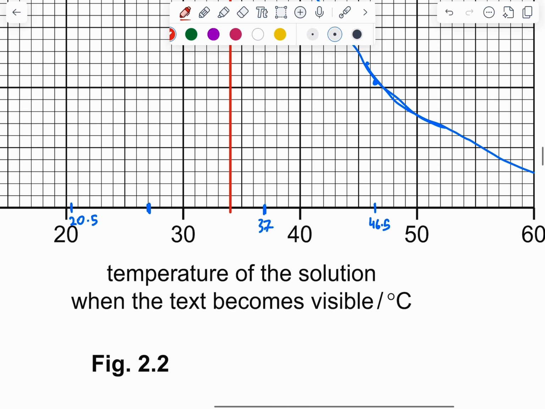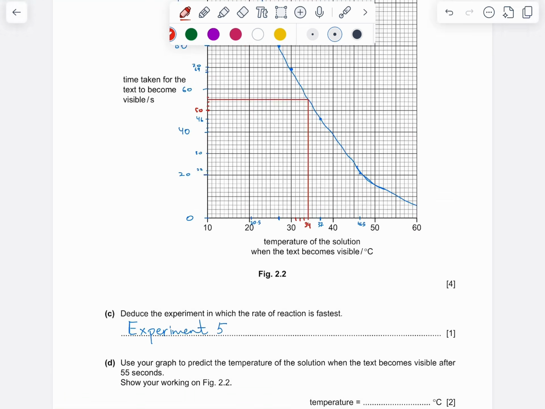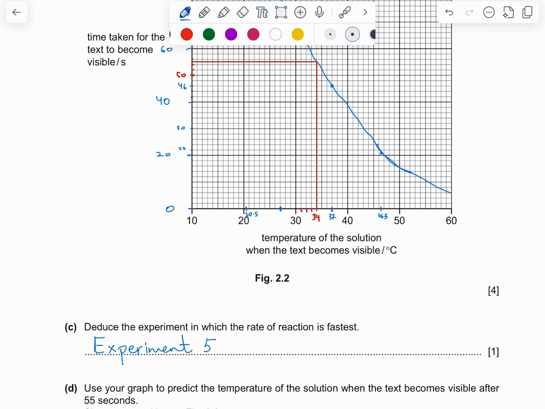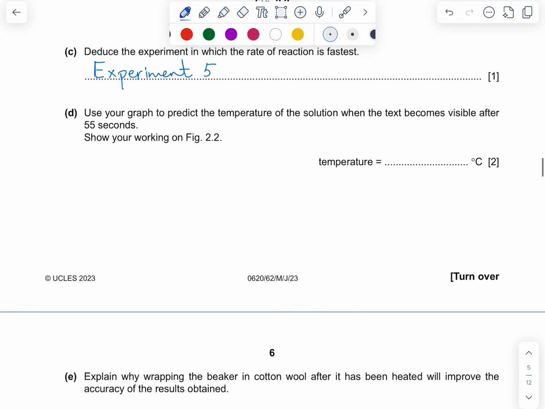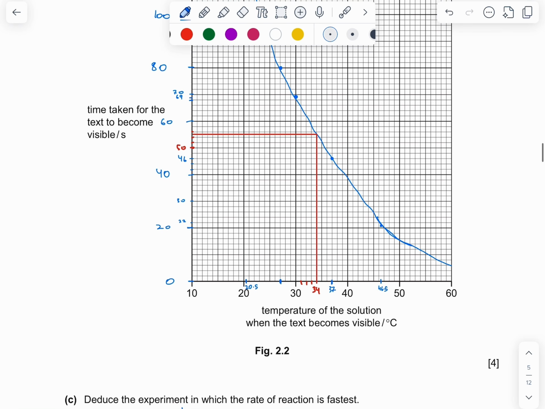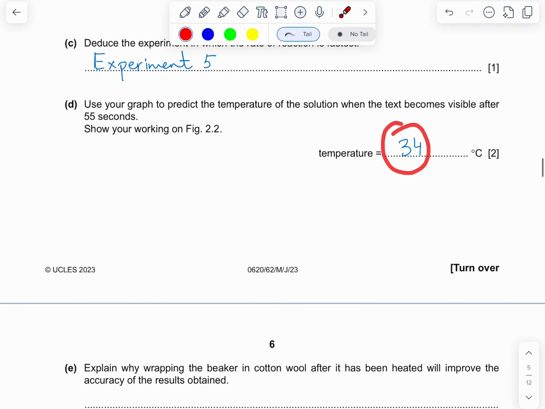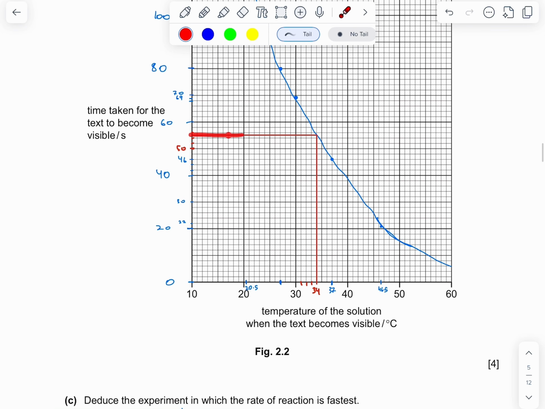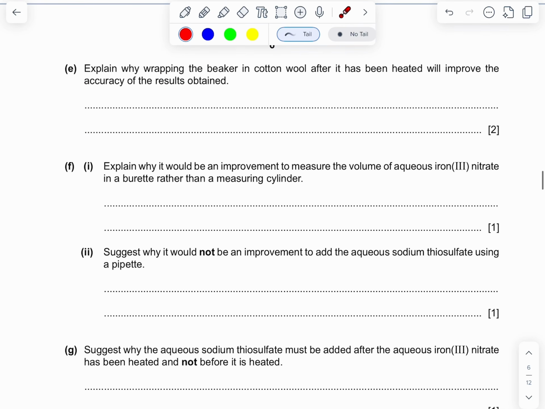And if we look, this is 31, 32, 33, 34 degrees Celsius, right? So the answer that we should get is 34. All right, so 34 degrees Celsius, that should be our answer. Now the thing is, these lines are what are going to get you the marks. This answer is not going to get you the marks. This answer you can write, but these lines you have to draw. Do not erase them after working this stuff out. Let them be. All right, move on to the next question now.